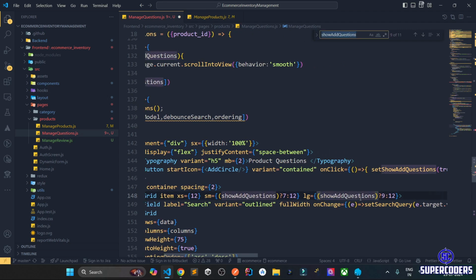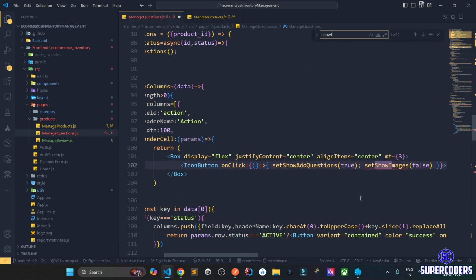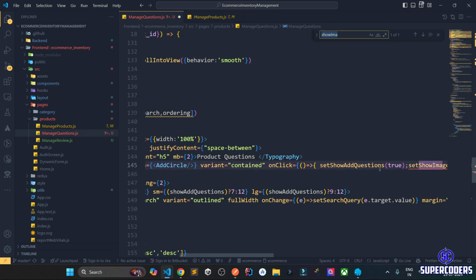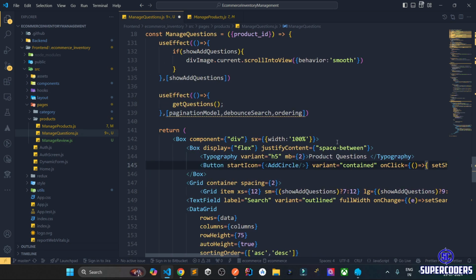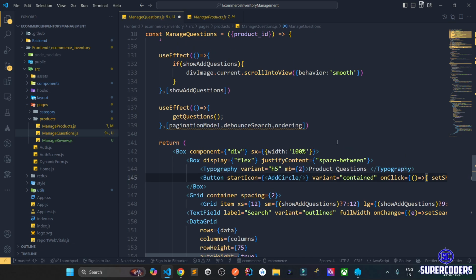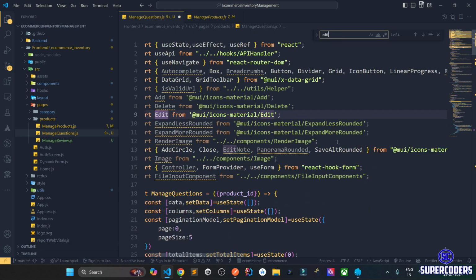Remove it. Show images. I don't need it. Show images. I don't need it. That's it. After that, we need to work with our edit question. So edit,